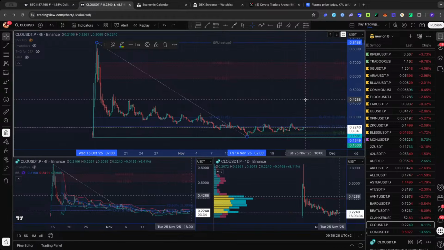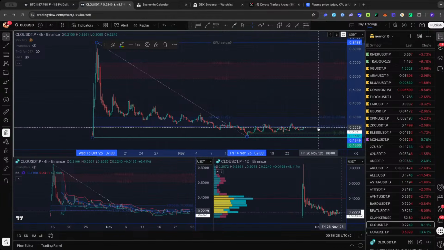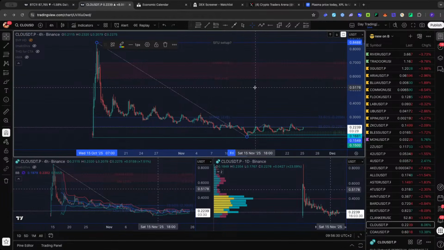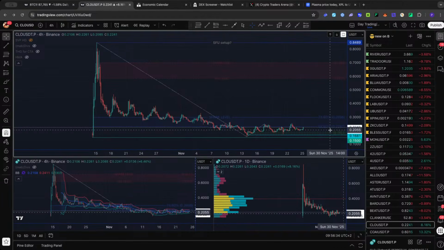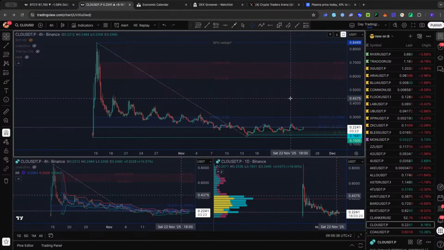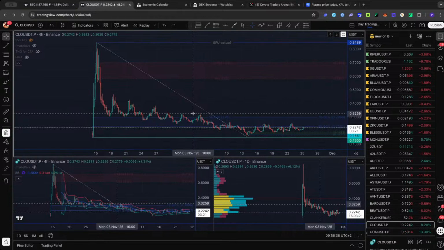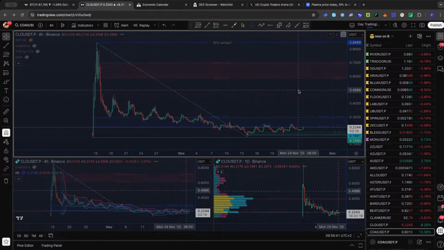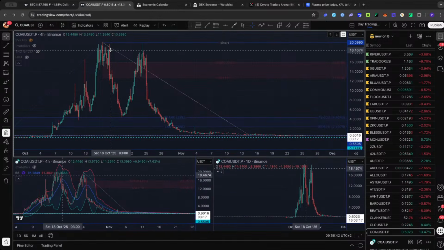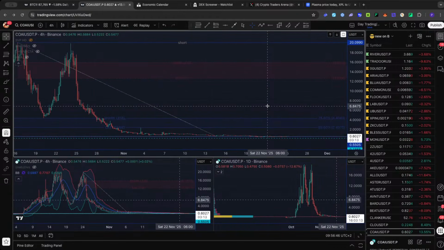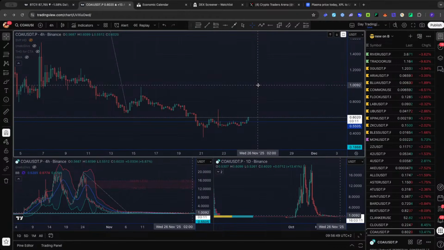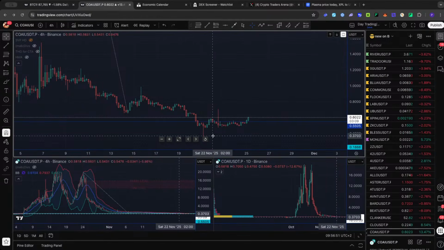This one was $20 at some point in time. No, this is CoAI, not the other one, sorry. But it's looking nice. This is how a bottom should look. CoAI was $20 and now is, I don't know, 55, 60 cents. Look at the bottom here. They are trying to form a bottom. It's ready to pump. Last time it pumped without warning.